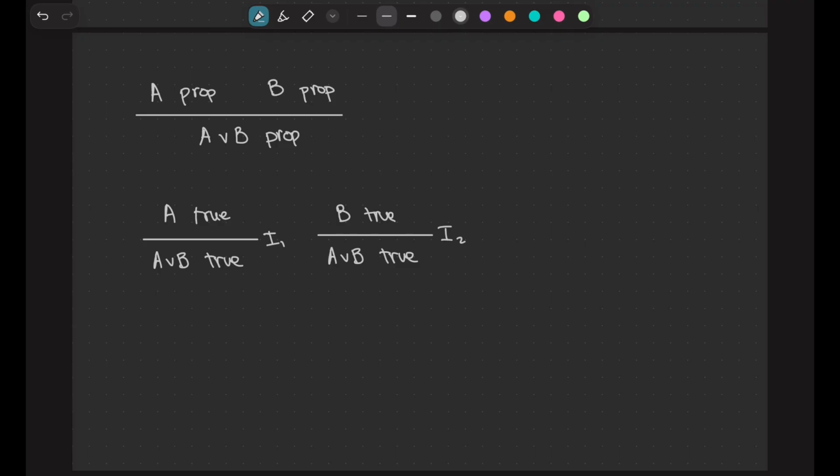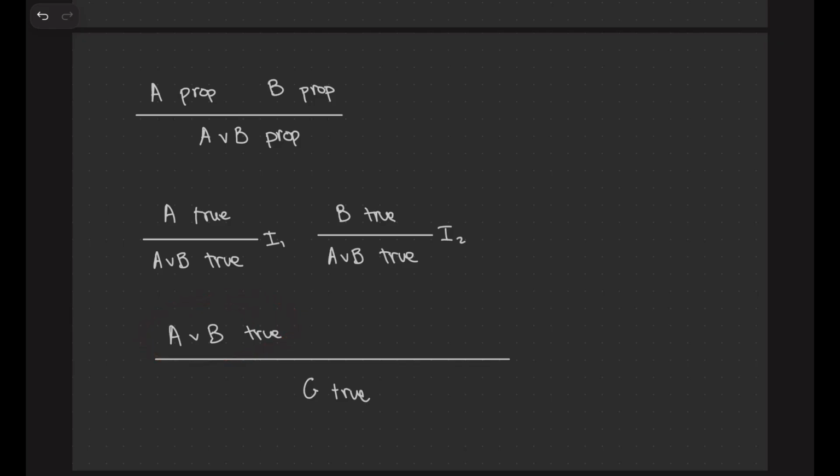And this elimination is like the first rule that's kind of tricky to write. I need to say how I can use this disjunction. We know that from the language we are developing, how do we use this disjunction? It allows us to split the thing we want to prove in two things, and we have to prove both things. So I can start putting it in a form, like if I have some goal G here, and I want to prove that this is true, and I know this, how can I use this? Well, I need to reduce the proof of G into two proofs, one from A and one from B. So it should be something like that.